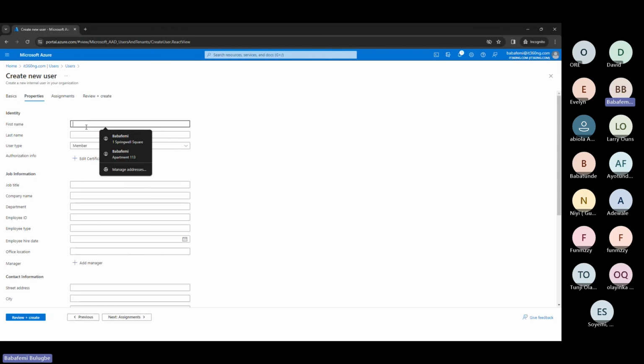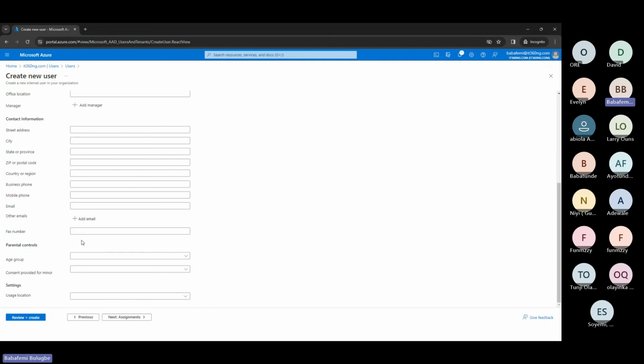So the first name, I can say is the 104. Then you can see the user type is member. I can change it to guest, but I'm going to leave it as member, the job title, the company name that this particular user works for. Then I can have the department, employee ID if there is one, employee type if it's contract, whatever you need, hire date. You can add this, you can add the manager, and some other properties also, like the